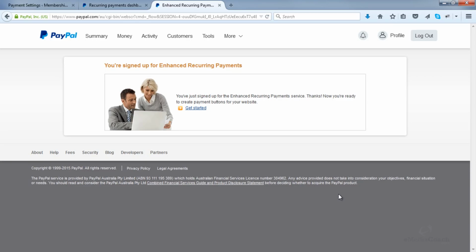And that's it. We are now signed up for enhanced recurring payments, which will simplify the integration between our membership website and PayPal. Whenever a member subscribes or unsubscribes, that will all be managed automatically. So it's pretty cool. And believe it or not, that's all there is to integrating our site with PayPal. If you have any questions on the last few steps, please do give me a yell, or just go over the steps again and make sure you've done everything that I have done too. So I can log out of my PayPal account for now.